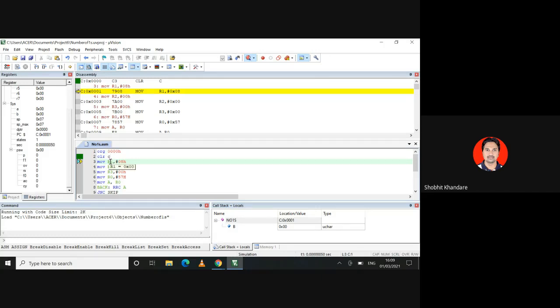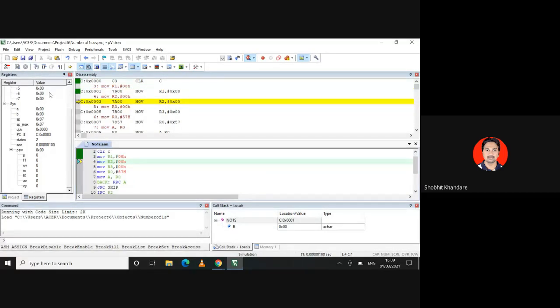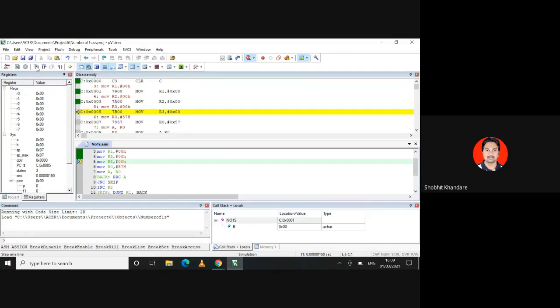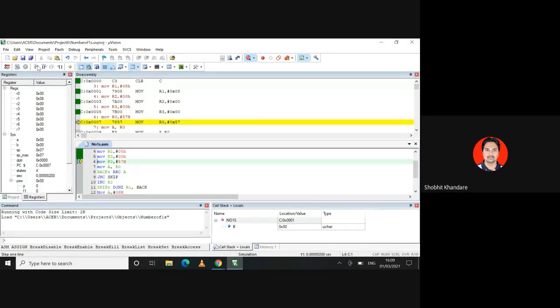The next instruction to be executed will move a value into R1. Your program counter is at 0001. You have to pay attention to how these are changing. Now 08 will move into R1. Yes, R1 is 08. Then R2 will be 00, and then R3 will be 00.